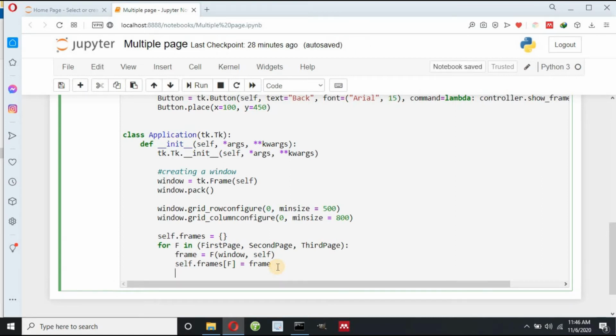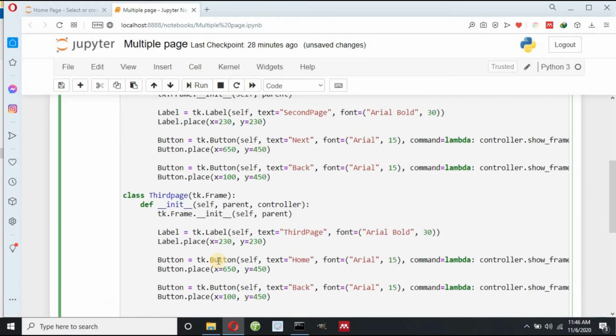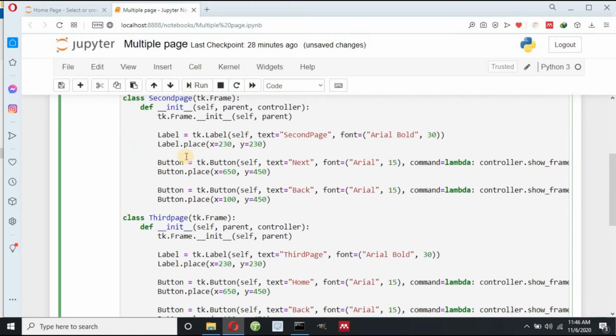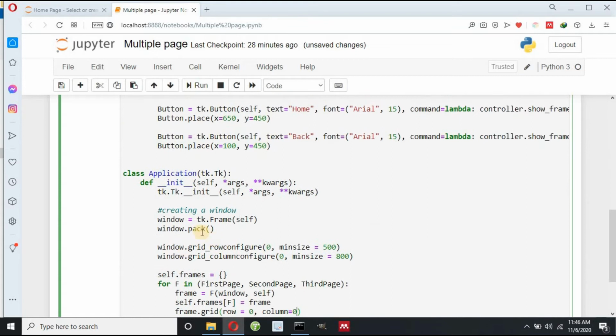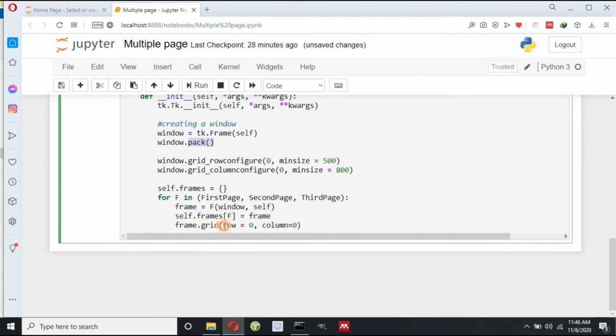Now we need to define a position where this frame should be placed. So let me write here frame.grid, and then I can write row equals to 0, column equals to also 0. So we have three methods. One is the place method. It is very easy to use place in label and button, and it is very easy to use pack when we create window, and it is very easy to define a grid method when we create frame. And inside this grid method we need to pass row and column. So this is the 0th row and 0th column.